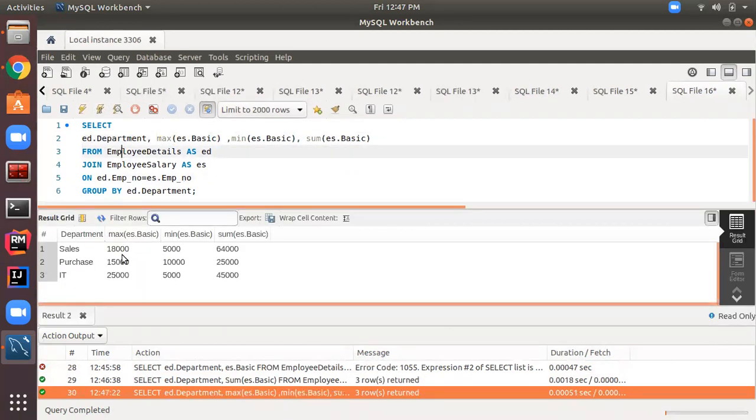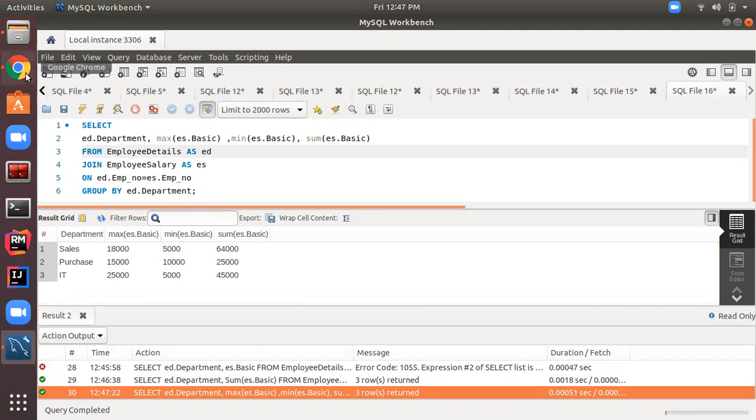See, it's showing maximum salary in the sales department 18,000, minimum 5,000, and the total is this. Similarly in purchase, maximum 15,000, minimum 10,000, and sum is 25,000. And in IT, maximum is 25,000, minimum 5,000, and sum is 45,000. So like that we have got summarized reports based on department.